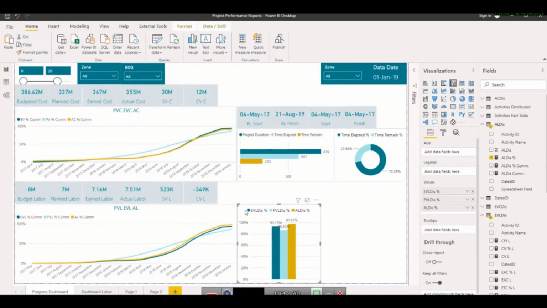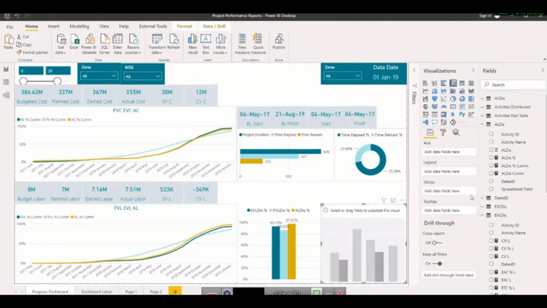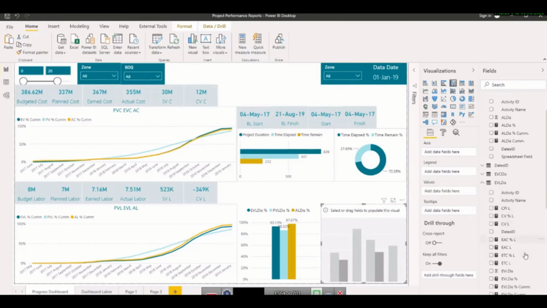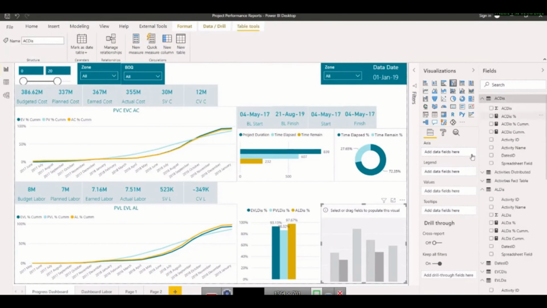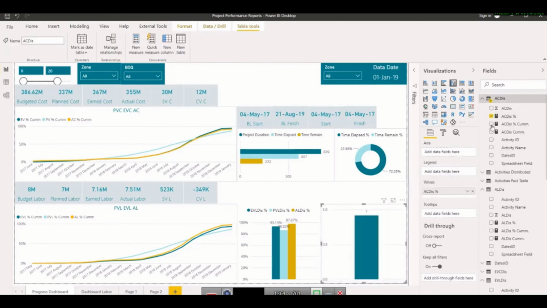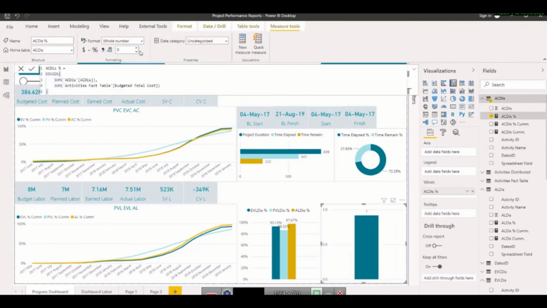The same we can bring for the cost. Just bring it here for the cost. Yes, for cost, simply changing the values, or you can bring the horizontal one for cost, it's your choice. For cost, I need to go into, first of all, let's see, actual cost. For percentage, I will bring that into the value, and it should be the percentage. You can follow this step by step as well if you are watching this,